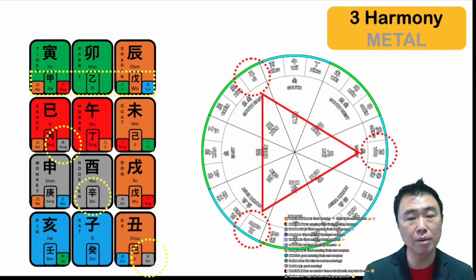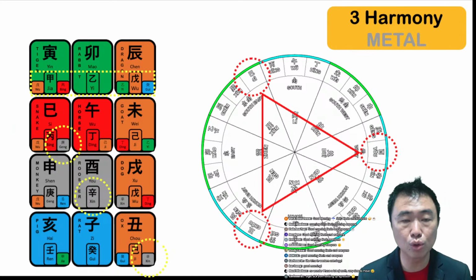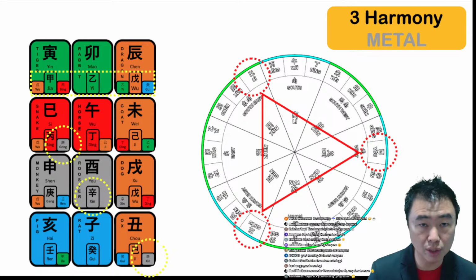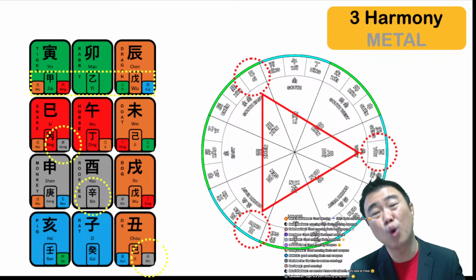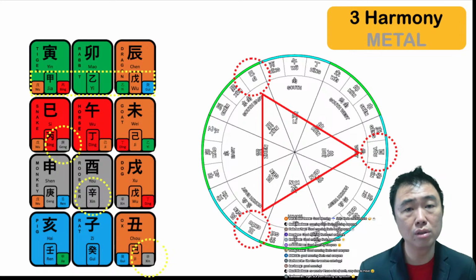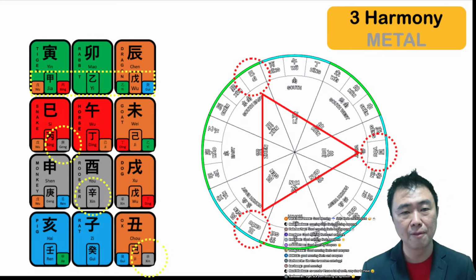For example, for those of you who have snake, or rooster, or ox this particular year, you are part of the three harmony frame. Which means that if you have any one of them, there are multiple directions people are trying to come and assist you. So question: do you know how to allow people to assist you? Some people don't know how. Some people have never been trained to receive.